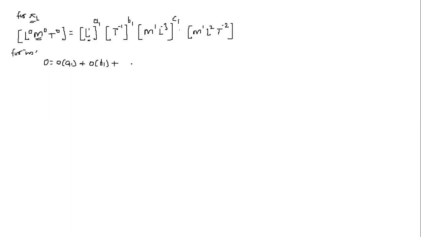With power as a 1, the multiplying parameter will be 1 into C1, plus the constant. Now the constant m has power 1, so plus 1. Okay, so what has become 0? A1 becomes 0, B1 becomes 0. So what will we have now? 0 is equal to C1 plus 1. So you will get C1 equals minus 1. This is the value of one of the constants, out of the three constants A1, B1, C1.